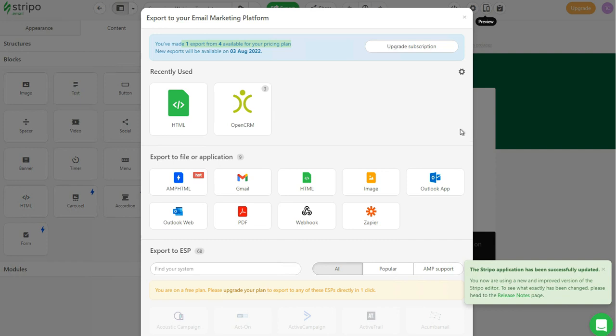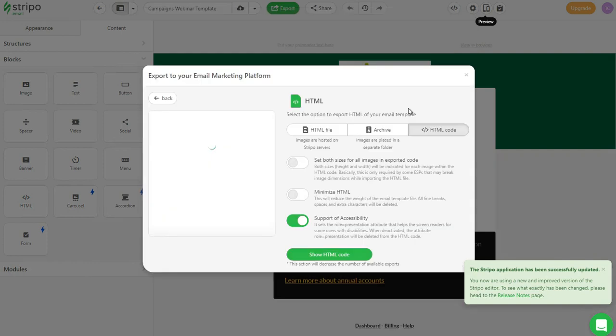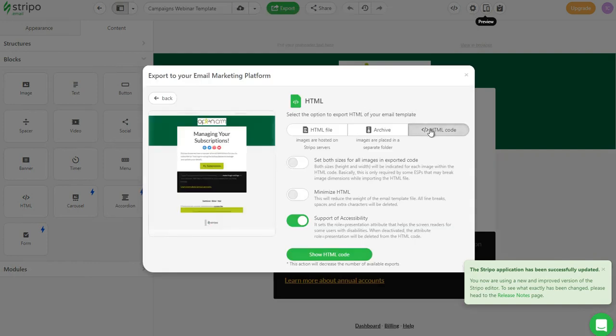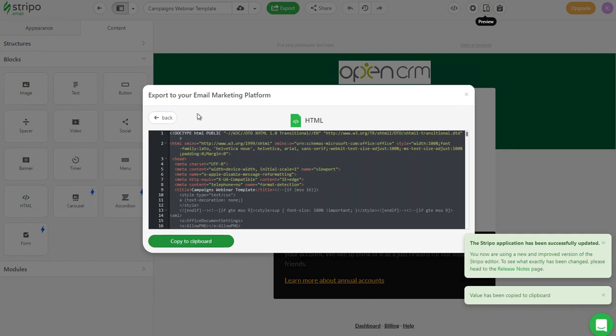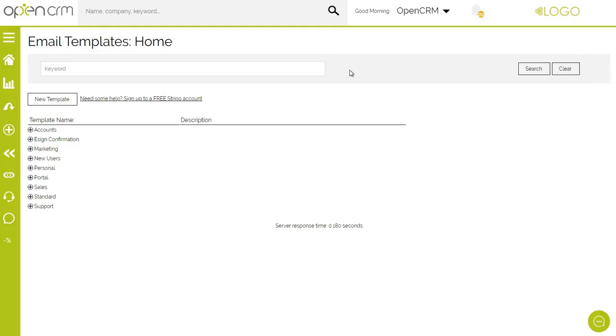Okay, so I've showed you what I can't do, so let's look at what I can. I've got the option to export the HTML code, and there's my HTML. I'm going to copy that. So now if we hop back over to OpenCRM,